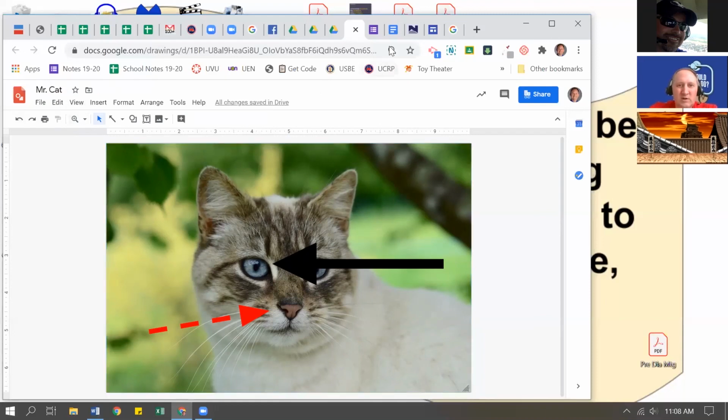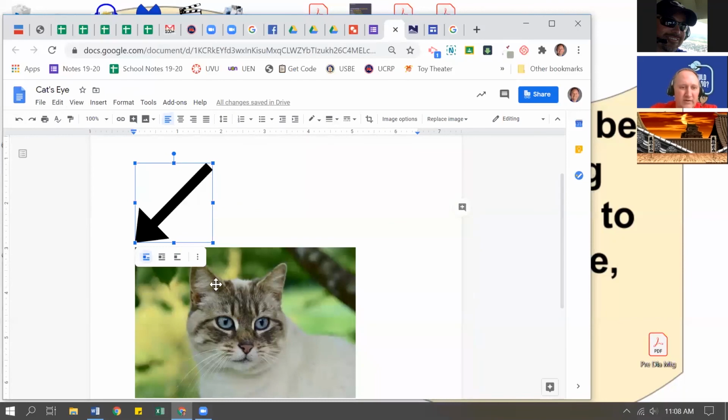And let's go back to my Google Doc. That problem of layering, I couldn't insert those in